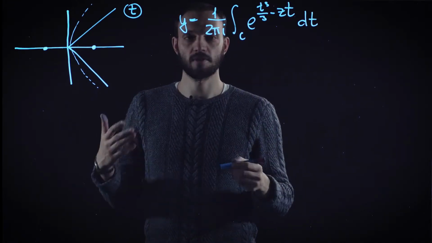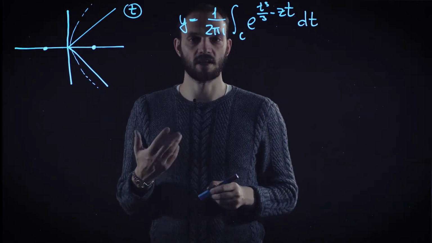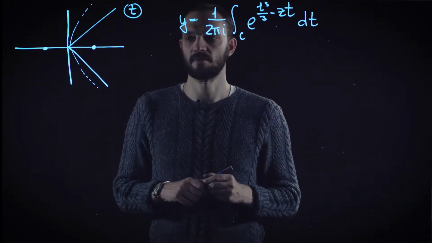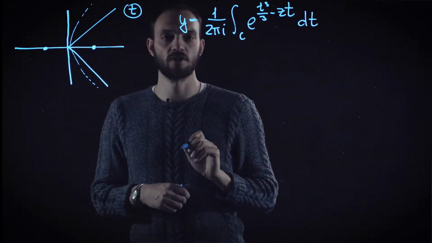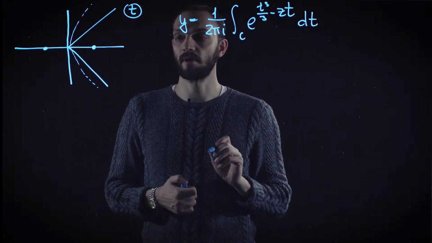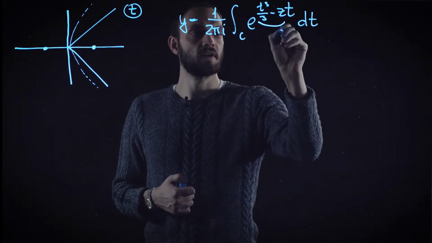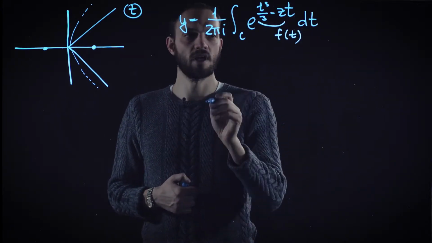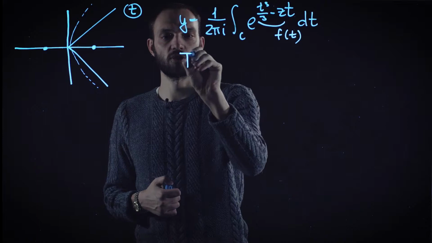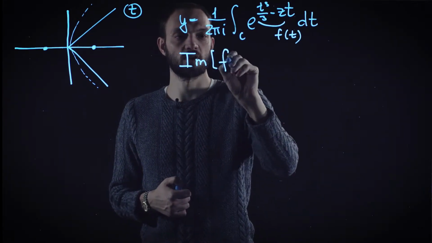Our first step in consideration of this integral is to understand what is the topology of the steepest descent paths. To each of the saddle points, there is a certain steepest descent path attached. How is it defined? As usual, this function in the exponential, which we will call f of t from now on, defines a certain curve in the complex plane according to the following equation.